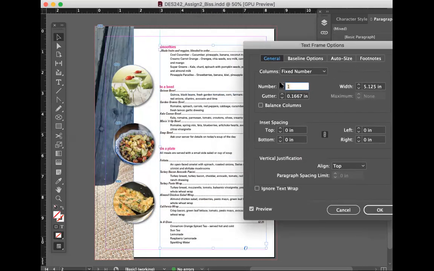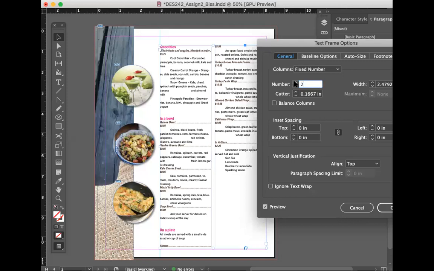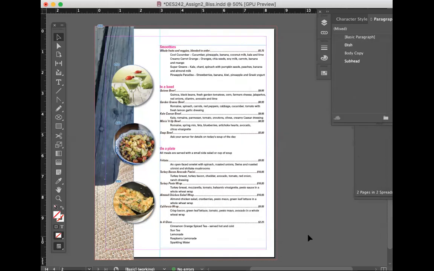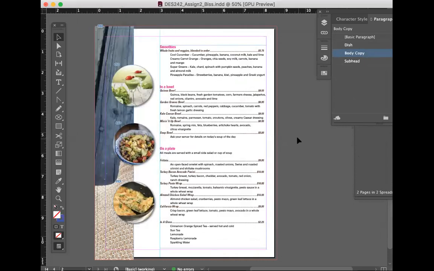And then this is where you can change it. If you hit preview, you can see it change on your layout. I have 1 column now, but if I change it to 2, of course my tabs are weird, so it doesn't quite look as nice as my 1 column, but you can at least see this is breaking up into 2 columns now. You can do 3 columns. Okay, so that's where you would change it to different columns. Any questions about any of that?